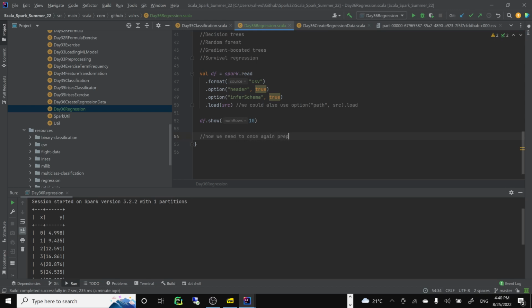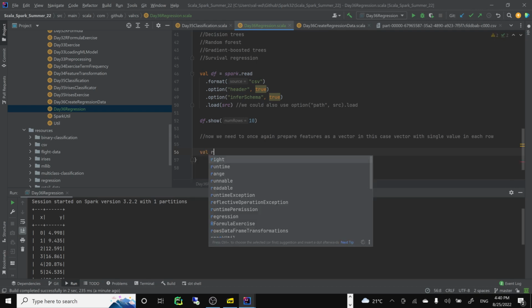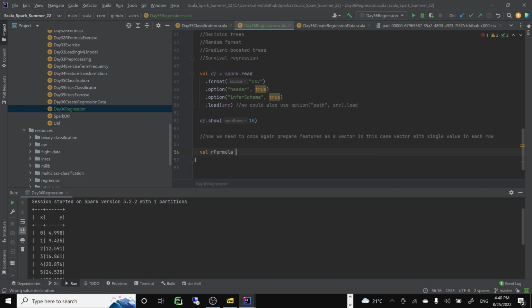once again prepare features as a vector. In this case, a vector with a single value in each row, right? So what's easiest, of course, is to use our formula. Let's do that. So our formula, or RF maybe,